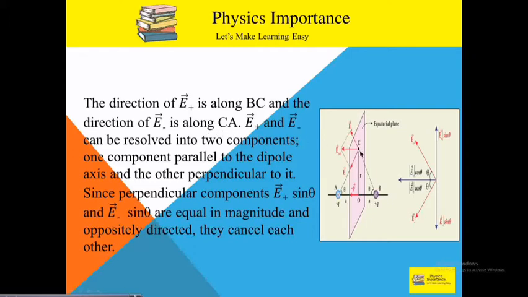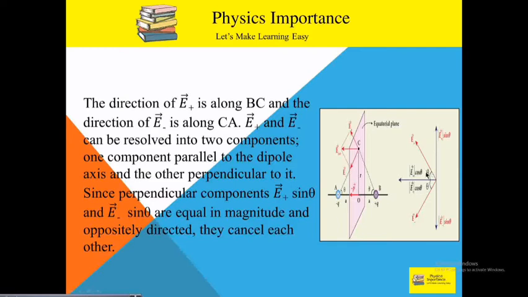Now this E plus and E minus can be resolved into two components. Here we have E plus like this and E minus like this. This particular portion we draw in a separate diagram. In this portion, E plus is inclined at an angle theta to the horizontal. This is the total field. If two vectors are like this, the resultant will be the diagonal. We studied this in 11th standard. Here it is inclined at an angle theta.